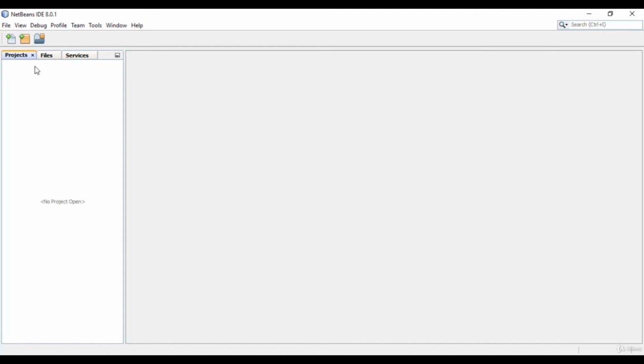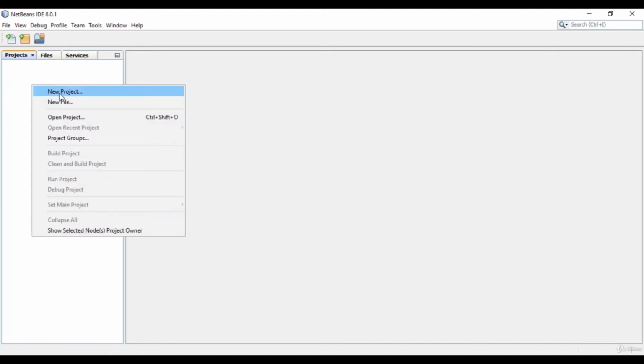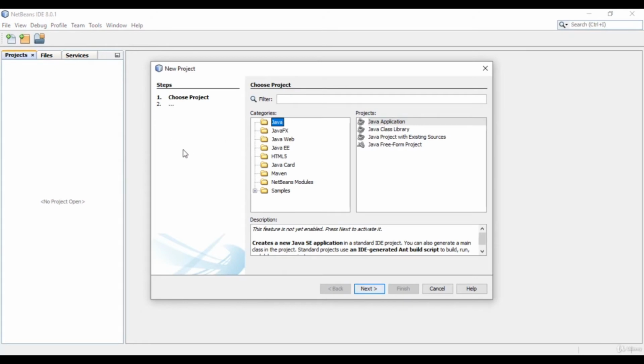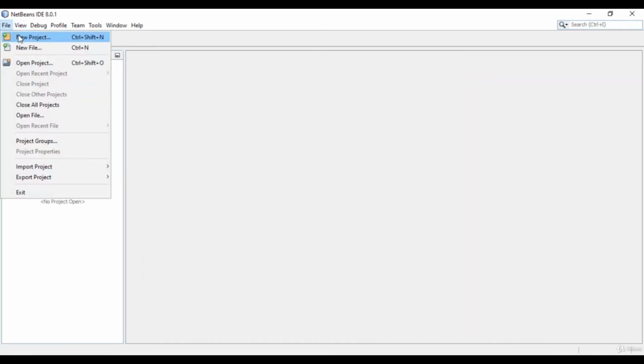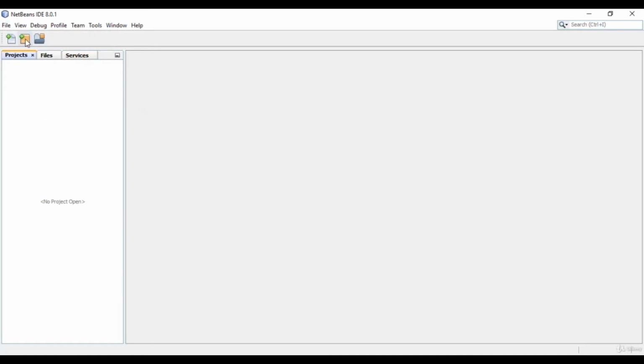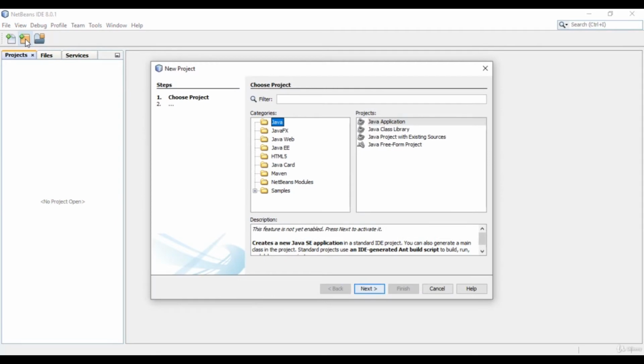Here in the Project Explorer tab, you can right click and select new project, and then you can choose the project you want to create, or you can go to the file menu and you can choose new project, or we have toolbar. You can directly click on that icon and you will have list of projects. From here choose this Java application is already selected, right? So you don't need to select it, just choose Java. Here click on the next,